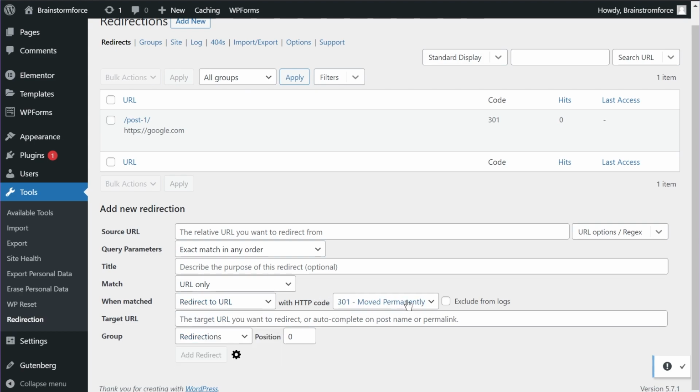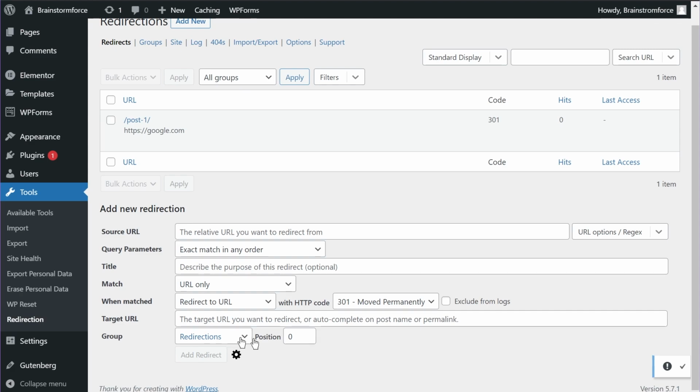And you can also configure different kinds of codes. So 301, 302, 303, 304 and different kinds of codes. These are pretty self-explanatory, and if I try to explain them, the video will become too long. So let's skip that. But most of the time you want to use 301 or 302, which are the most commonly used redirection codes.